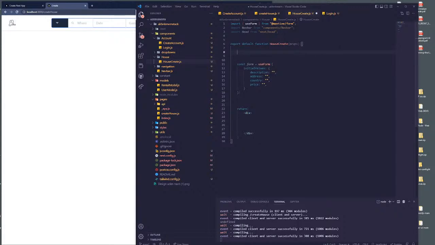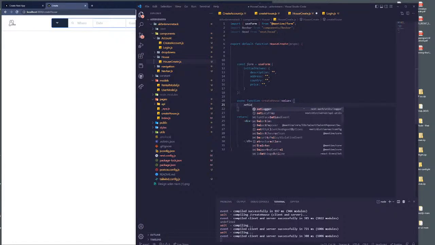What do we need? I think we can just try to create the function and see what we need. Let's do an async function. Call it createHouse with the values. We can set loading